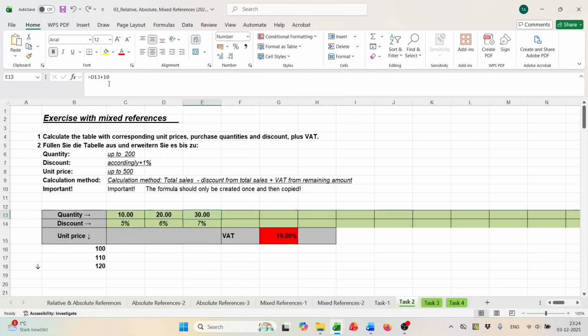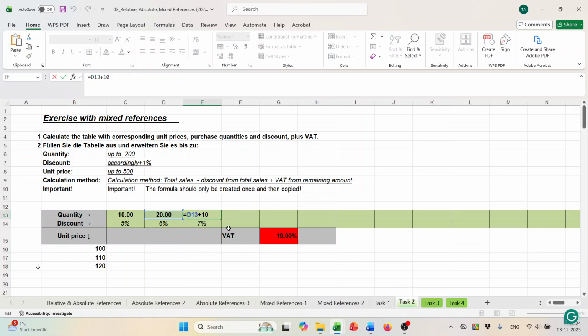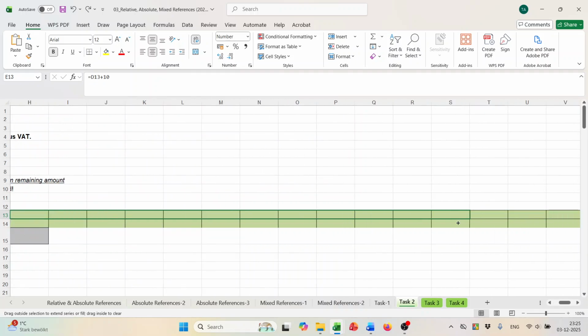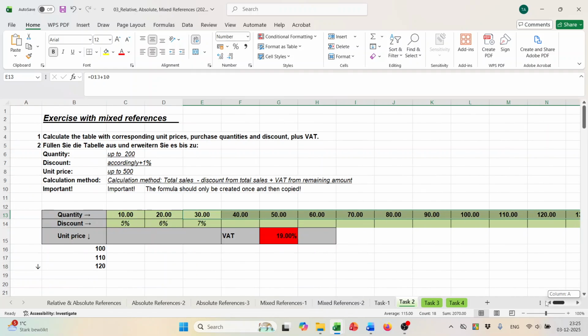There already is a formula given here. I didn't notice it. So we can just copy the formula, and it will work. It should work. Yeah, the formula is also given here. If I copy it down,